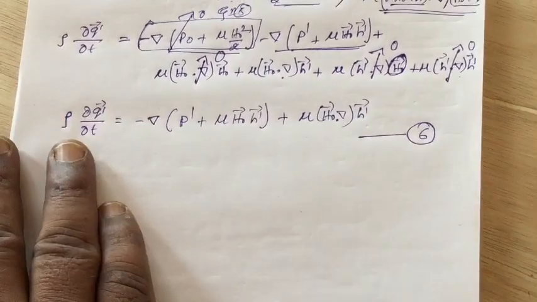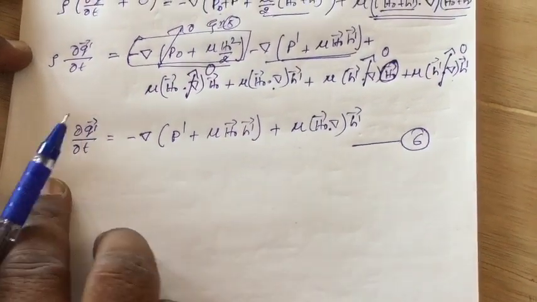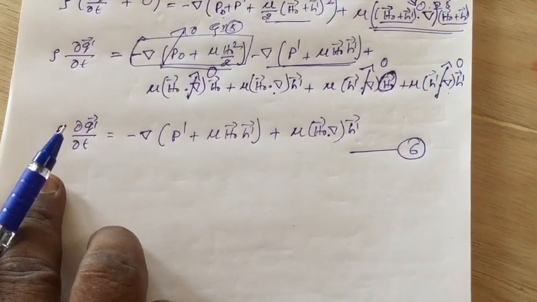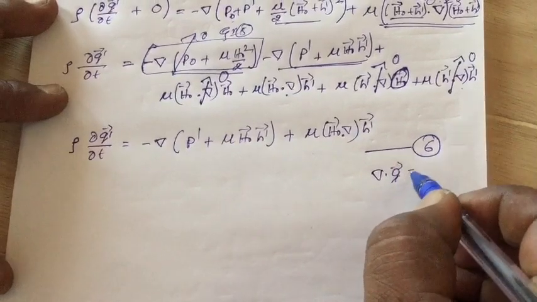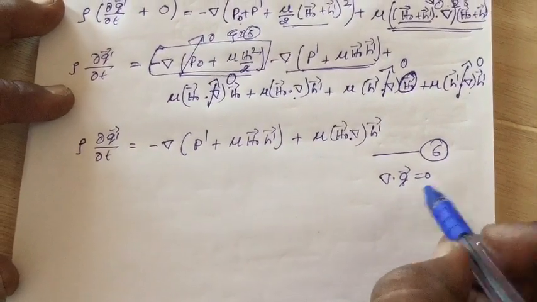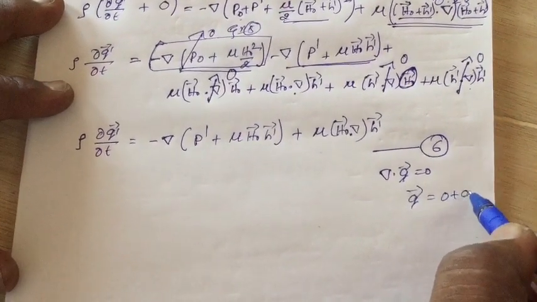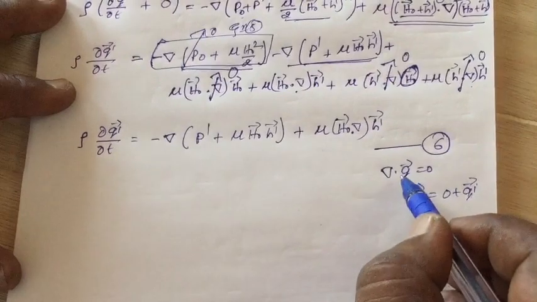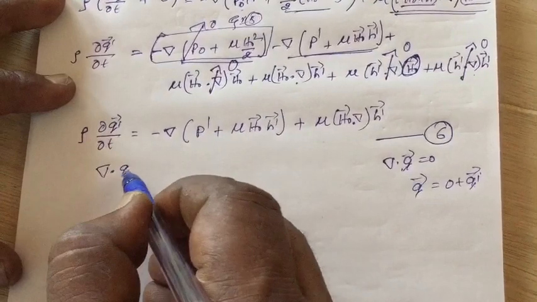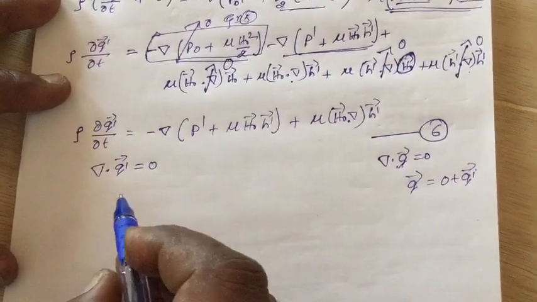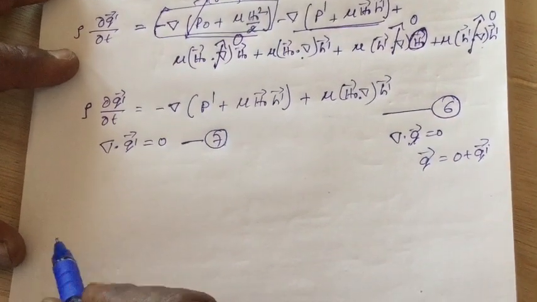Okay, so now you obtain this equation from equation 1. Next, substitute in equation 2. Equation 2 is nothing but del dot q is equal to 0. By substituting the perturbed quantities, perturbed quantity means q is taken as q naught plus q dash. That's why by substituting in equation 2 you are going to get divergence of q dash is equal to 0. Call this equation number 7. And now come to equation 3.